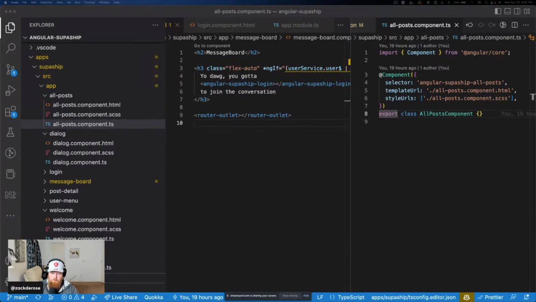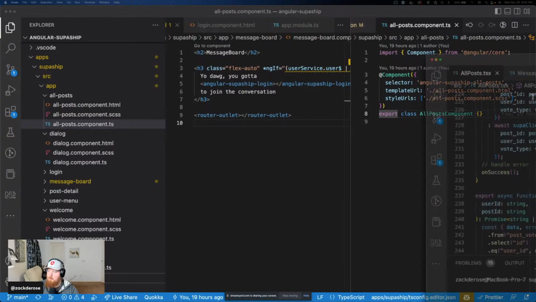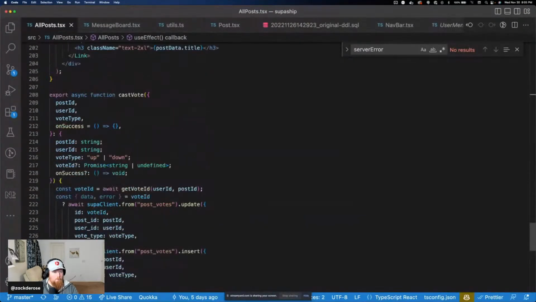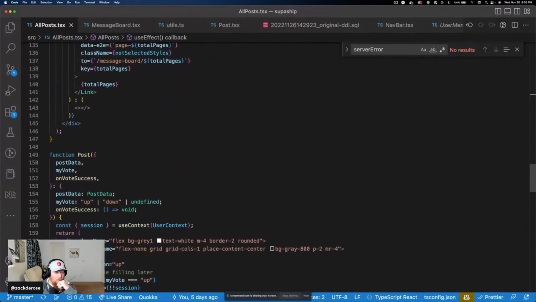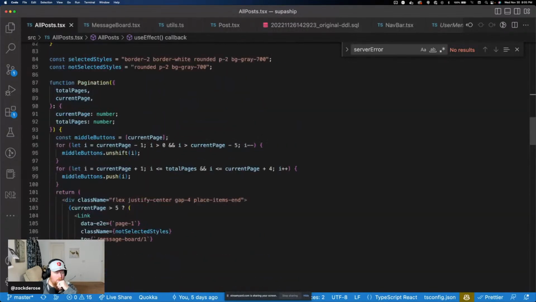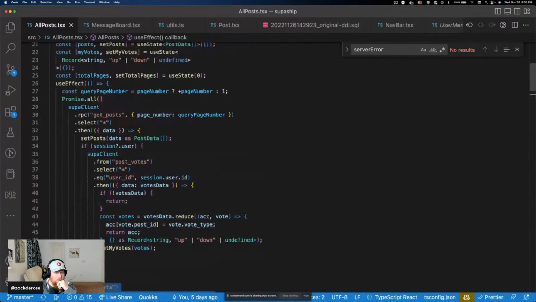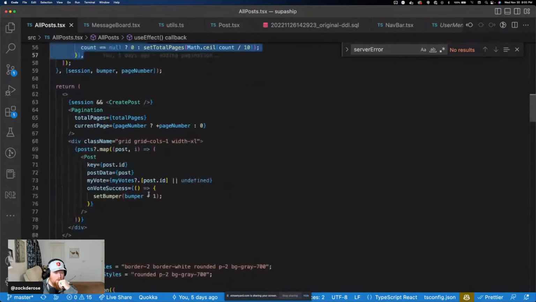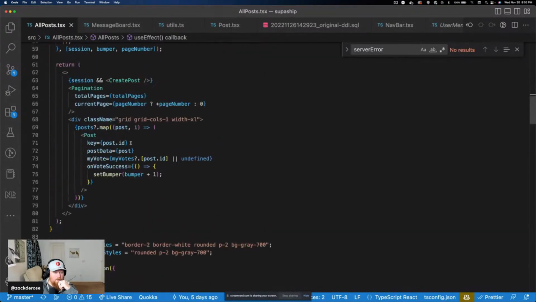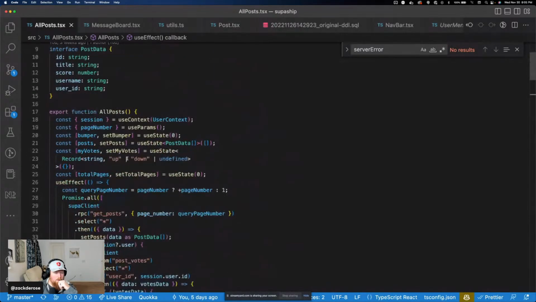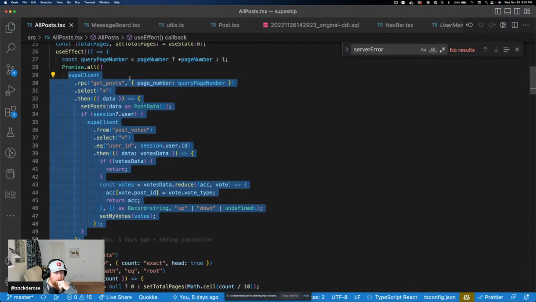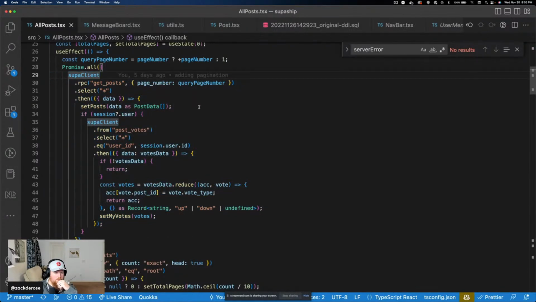But what I do want to do, let me go to my all posts. So this is our React code that we made for the course. We could probably look at this to see what we did. Pagination, I'm not going to do pagination today. This is actually the live site, not the one we did for the course. That's all right. Here we go. This is what we did. So we went to get our posts, and then we went to get all of our post votes